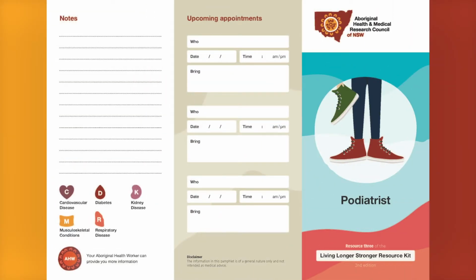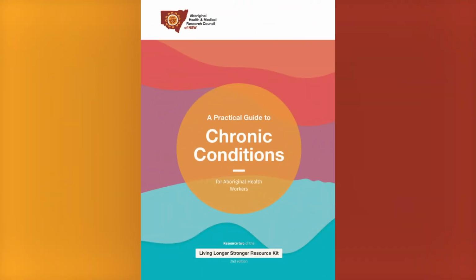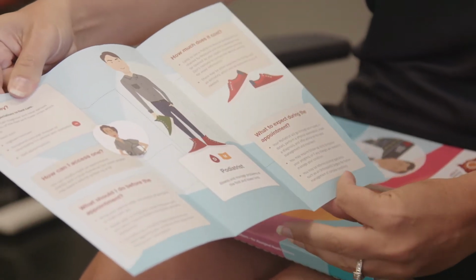The resource kit was developed because we noticed that within Aboriginal communities, we have a high prevalence rate of chronic conditions. And Aboriginal health workers provide holistic care for all Aboriginal clients that come into the AMSs. So the Aboriginal health worker is able to go through that booklet, be able to say to them, well, here's some positive messages, here's who you should really be seeing, and here's the test that you might have to get as well. So it just kind of helps them confidently be able to relay those messages to clients in a